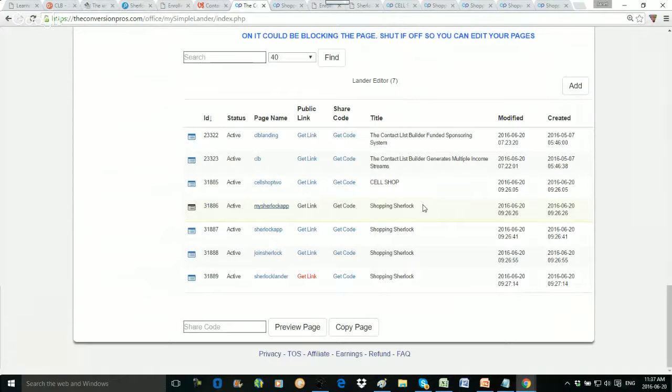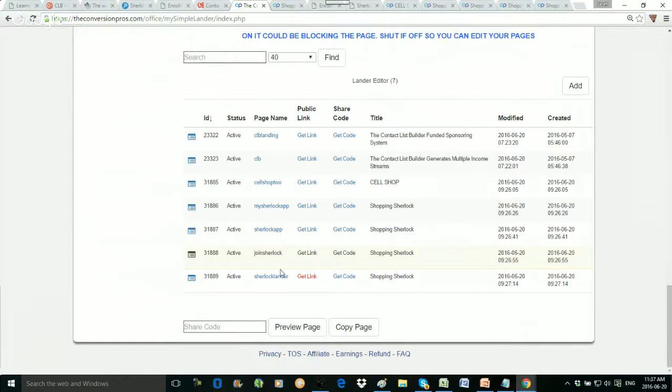And that's all there is to it, guys. All right, so we went in, we set up 2 capture pages, 3 landing pages. We connected everything together. So what I want to discuss now is what to do with these landing pages. Because like I said, if you're new to all this, you don't need to set up more capture pages. All right, if you don't have a lot of resources, focus on CLB. When someone comes through CLB and you're having a conversation and they want to know more about this Sherlock app,